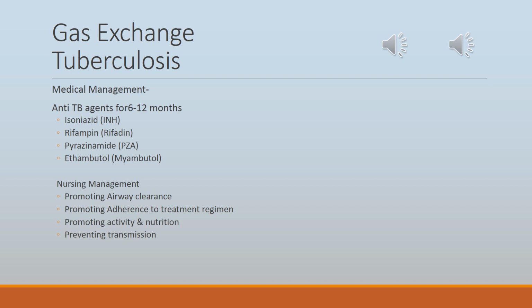The initial phase consists of a multi-medication regimen. All medications are taken once a day and are oral medications. This initial intensive treatment regimen is administered daily for 8 weeks. The continuation regimen lasts for an additional 4 or 7 months. People are considered non-infectious after 2 to 3 weeks of continuous medication therapy. The total number of doses taken, not simply the duration of treatment, more accurately determines whether a course of therapy has been completed.